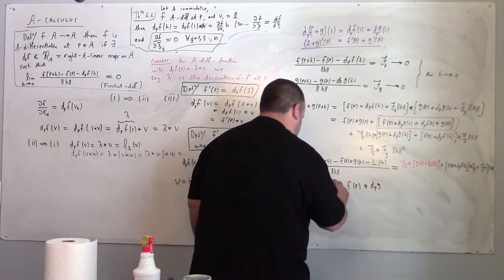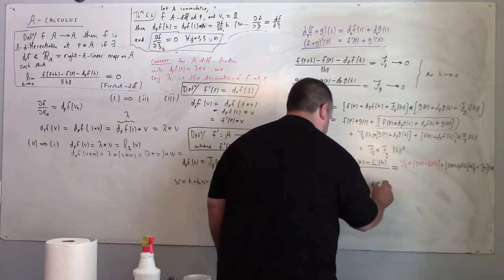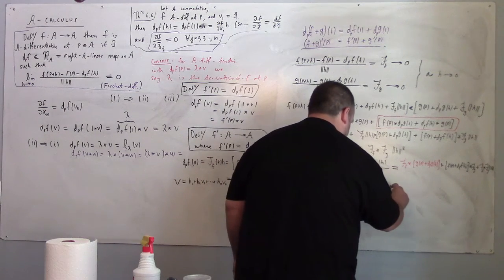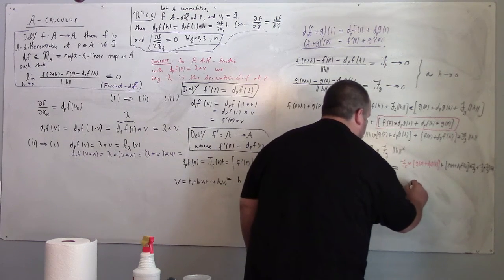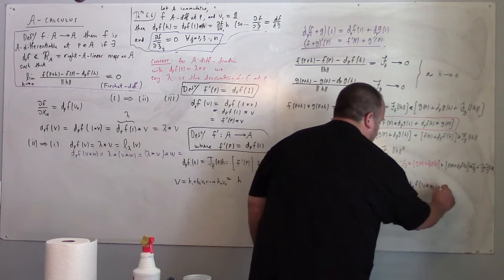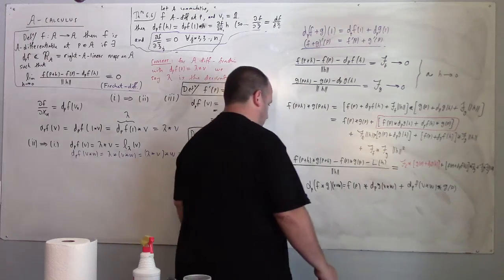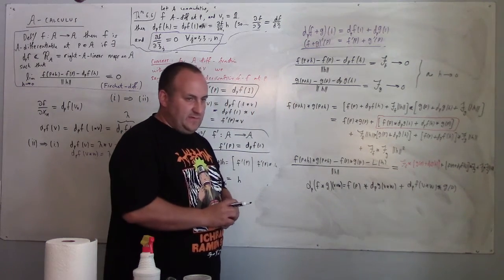So I've got to put the h here. Actually, I'm going to put v star w. Plus d_p f of, I'm going to put v star w here instead, times g(p). Now I put v star w here because I want to talk about the next thing, which is the